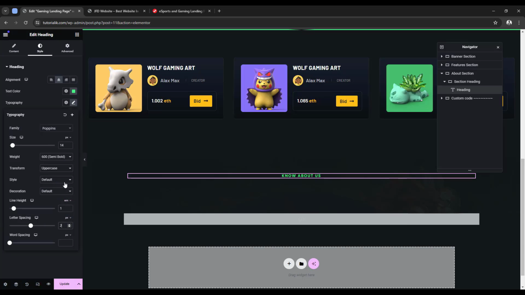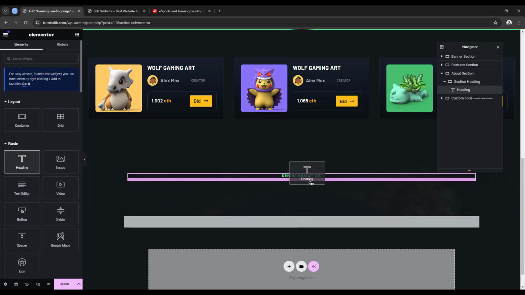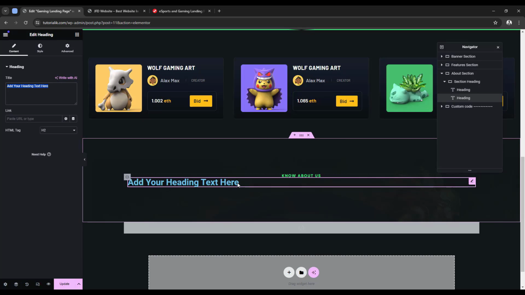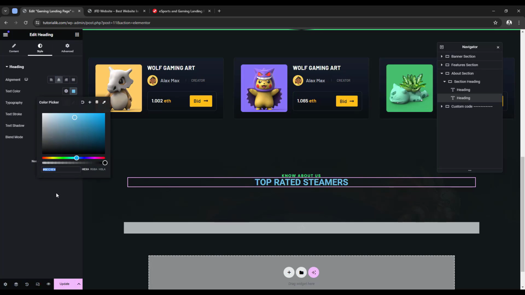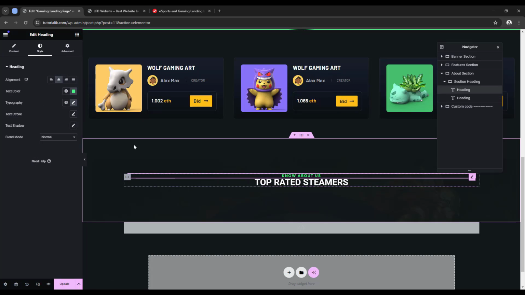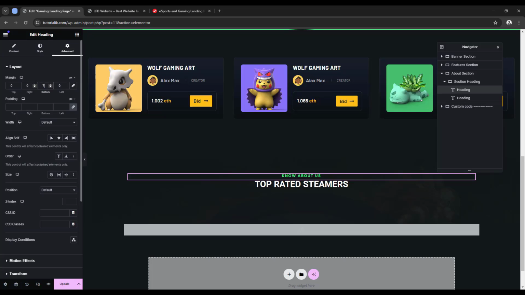of letter spacing. Then let's add another heading after this heading, and this will be our section title. So I'm gonna paste my text. Then let's make this text align center and let's make the color all the way to the white color. Also on this heading widget, let's add some margin like 7 pixel from the bottom, so it will leave some